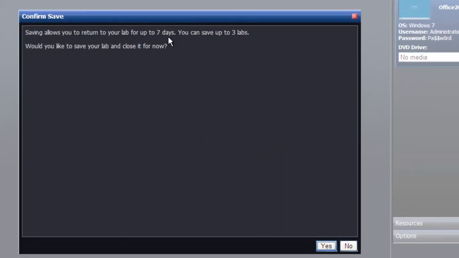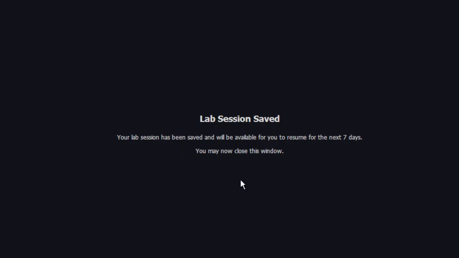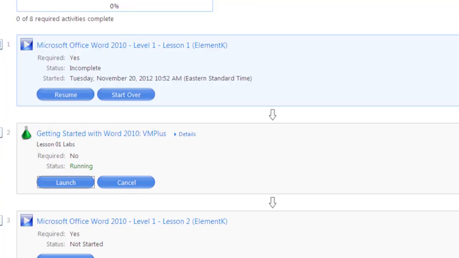Here it says my lab's going to be saved for 7 days. I can save up to 3 labs, and I'll say yep, go ahead and close it. And it goes ahead and closes the lab, and it says you may now close your window. So when I close that, that's going to take me back to my class screen, my assignment screen, and you'll see where it says that this is running, but after a few seconds it will actually switch and say that